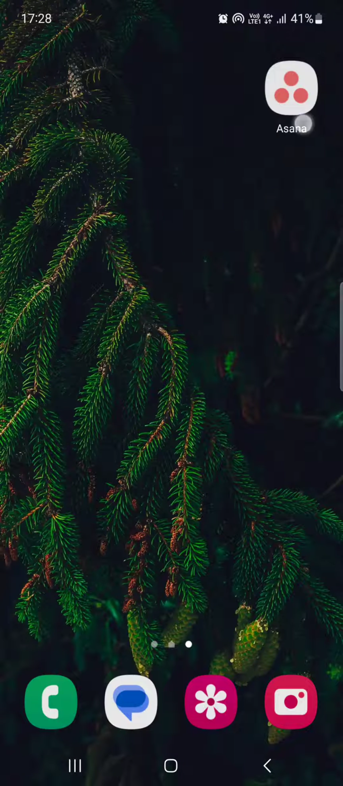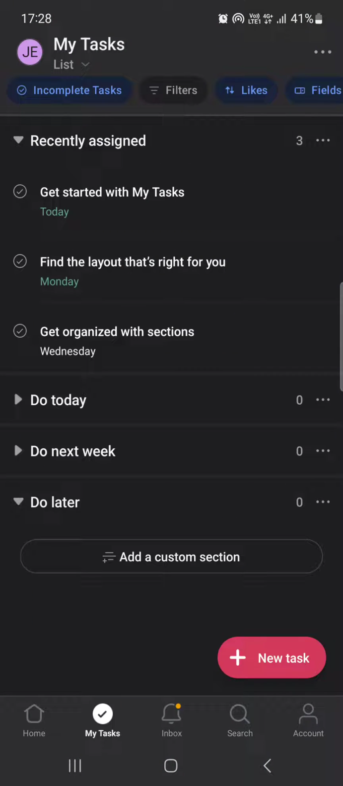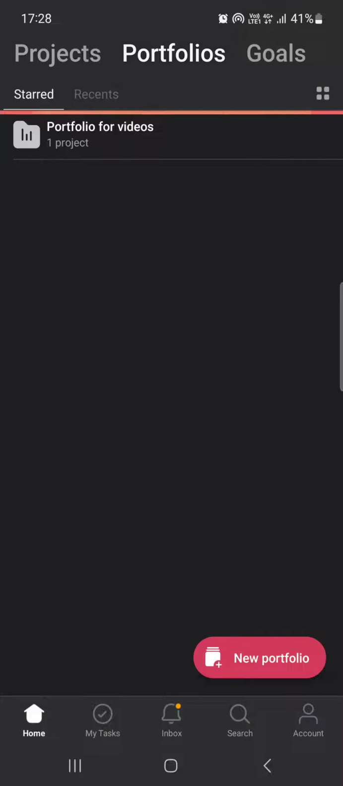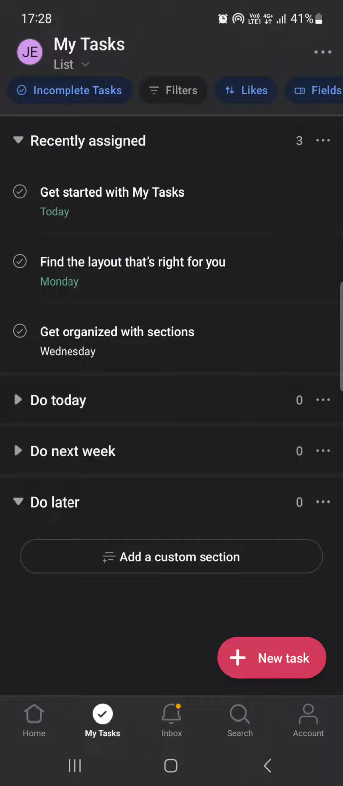First we have to open up the Asana app. And here it opens up in the home menu where we have our projects, portfolios and goals. From here in the bottom bar we find my tasks. We have to tap on that. And after that,